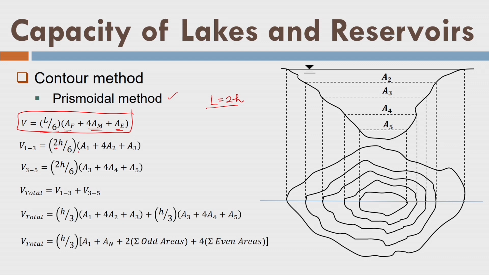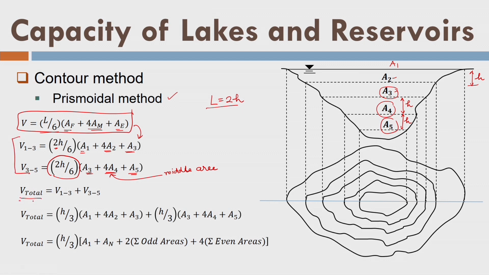Let us say there are 3 areas, for example A1 here, then A2, A3. So I put A1 plus 4A2 plus A3 by this formula here and then 2h by 6. Similarly, when I consider the 3, 4 and 5 sections, that means this one and this one, this is also h here. So basically this is the h interval, or what we call the contour interval. So again I am using this 2h by 6 here and then A3 plus 4A4 plus A5. So here A4 is the middle area. We have covered all the areas from A1 to A5 in 2 calculations.